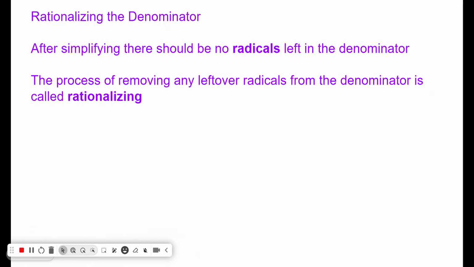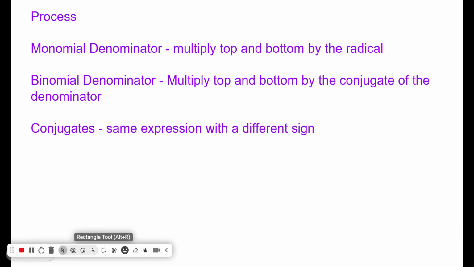Rationalizing the denominator. After simplifying, there should be no radicals left over in the denominator. So if you end up with a final result like 6 over radical 2, that's not something that we're going to be able to leave. The process of removing any leftover radicals from the denominator is called rationalizing. We would need to rationalize something like this. There are two types of rationalizations we need to do. A monomial denominator, so